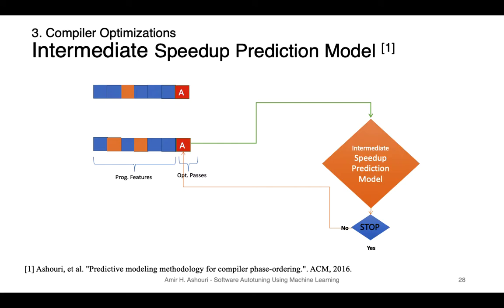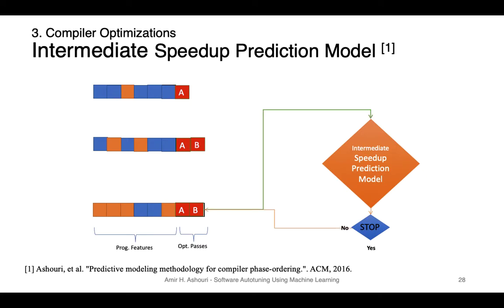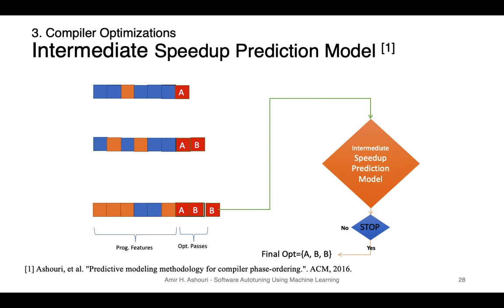I'm going to query my model. It's going to tell me at this point, given these program features that you're feeding, maybe you apply B here. Applying B again changes other components of my application, and I have to redo the process. The prediction model decides that in this case we have another repetition of B, for instance. And the fourth time we hit the stop condition, and through these processes we found that the final optimization given this application was A, B, and B. So that's one way to tackle optimizing a program iteratively using an intermediate speedup prediction.